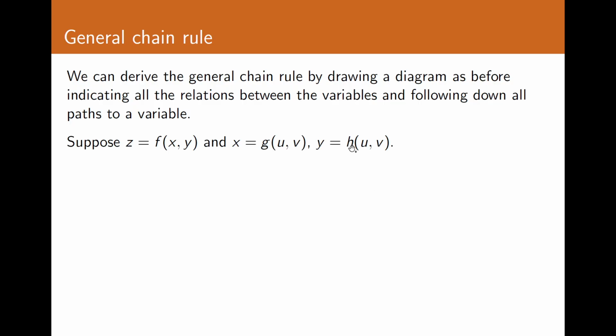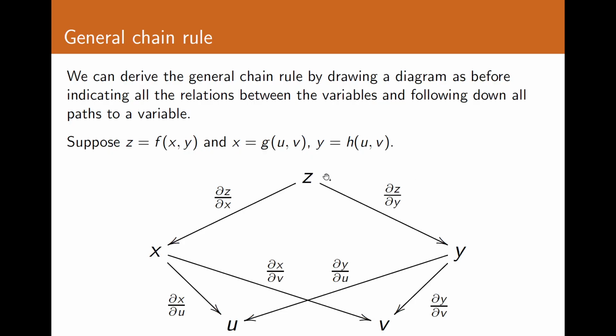of variables. So let's suppose we have z is equal to f of x, y again, but now let's let x depend upon u and v, and y depend upon u and v. So now we don't just have one variable at the bottom, we're going to have u and v at the bottom. So if we put this into a diagram, we start here at the top with z, and then z depends on x and y, so we go one below that and we put x and y. And then the x and the y each depend on u and v, so the bottom row has u and